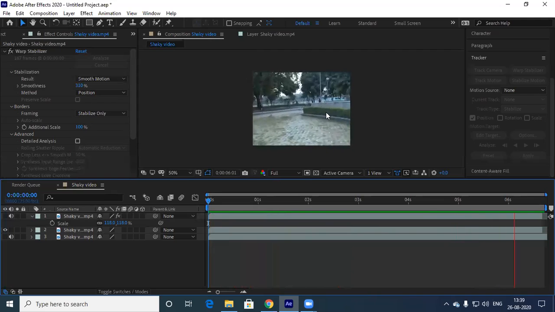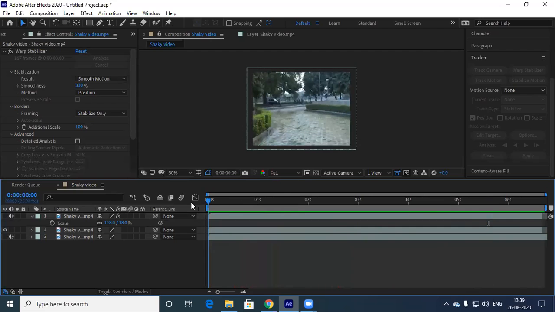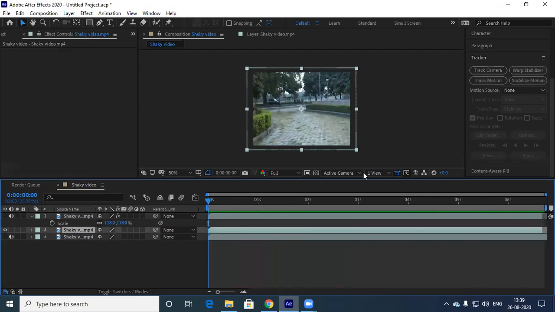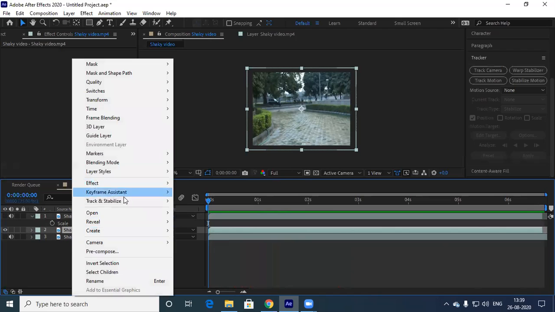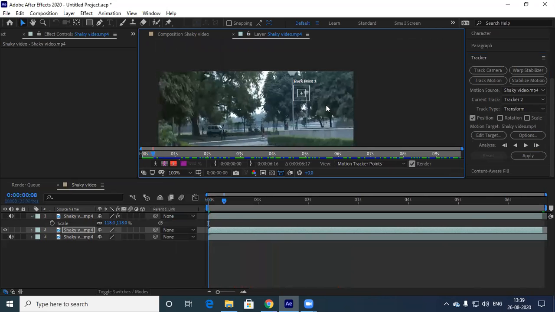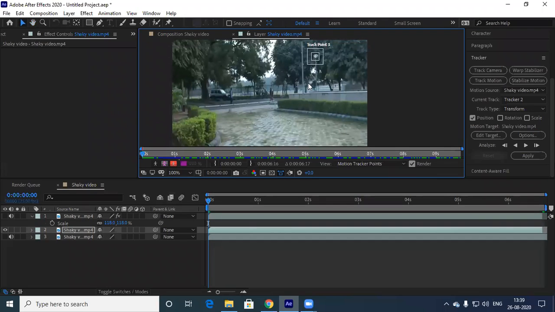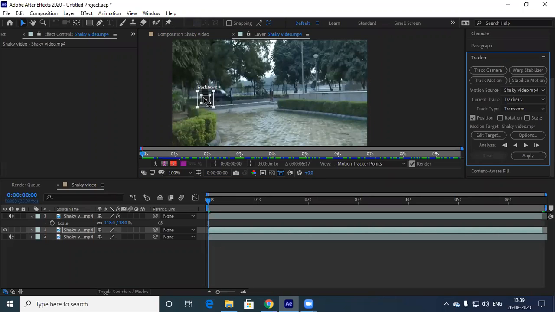Another thing we can do, we can add one more point somewhere over here, one more element, let's say, I think this particular part or tree area. Let us do a track point for that as well. I'm selecting this. Let me add one more track point. For that, go to track motion. Then you have one track point here, right? Now I got one more track point. Let me take this track point somewhere here, somewhere here. Okay.